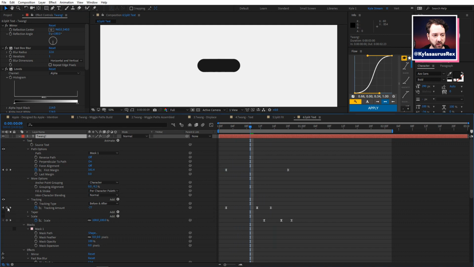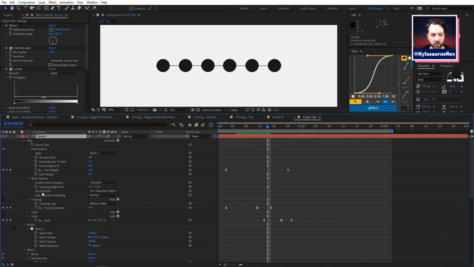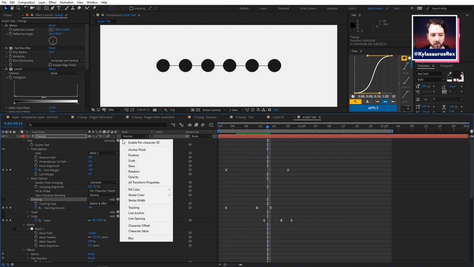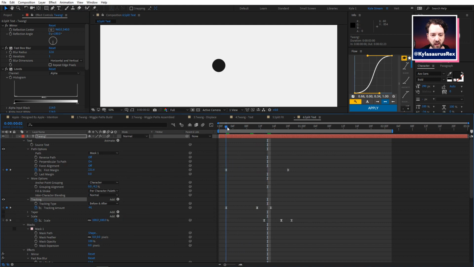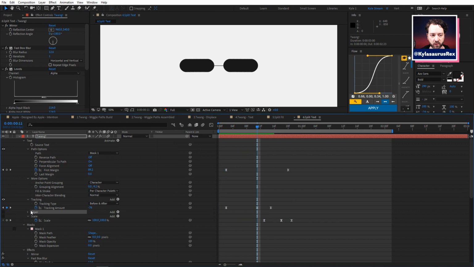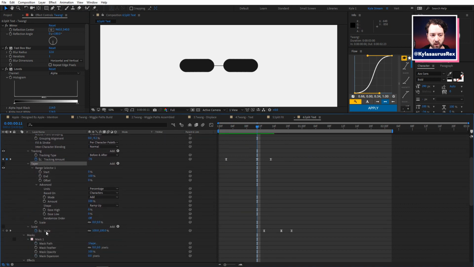Let's turn a couple of these off real quick. So this is just a handful of dots. Boop, boop, boop, there they are. And then I animated the tracking property. Bing, there it is. So that they would be really close together at first, and then they would get further apart, and then they would snap back together, okay? And then here, obviously, that's not what we want, so I created a taper as well by doing a scale animator with a ramp on it. Bing, and now we got that lovely teardrop shape that we're after.